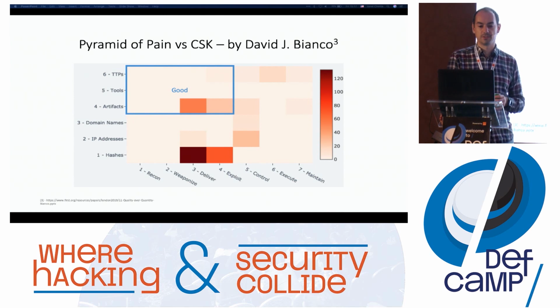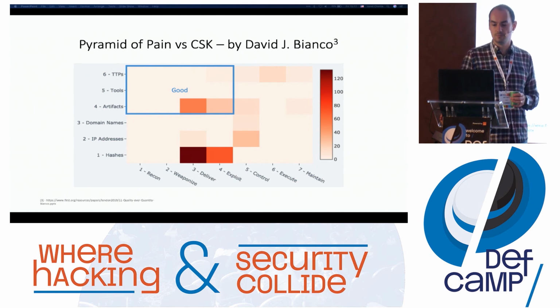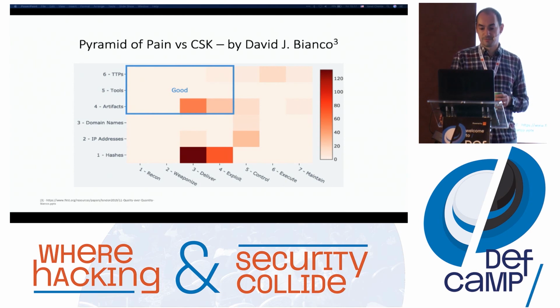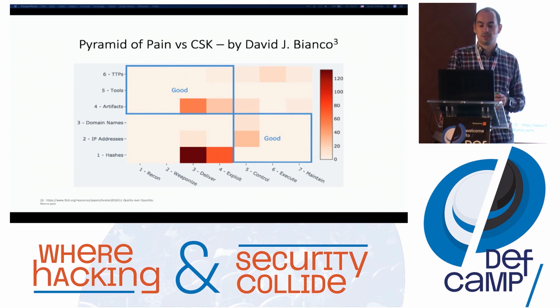Top left, it's a good quadrant. Yeah, it's good to see some artifacts in the delivery stage versus just IOCs. IOCs are easy to collect, artifacts a little bit harder. Again, write down, if you're able to catch up here, some of the attacks you're really good at. Top right is the best and hardest one. Again, take your IOCs, use the frameworks, use the models, and define meaningful data.